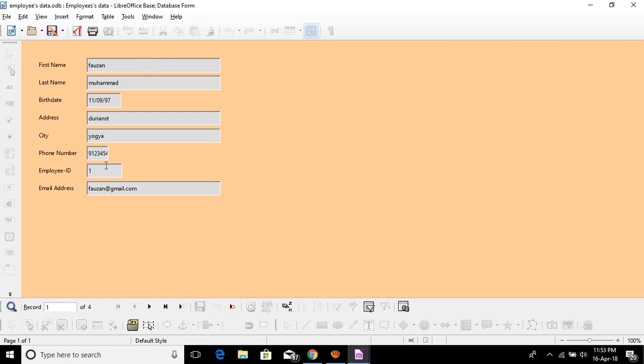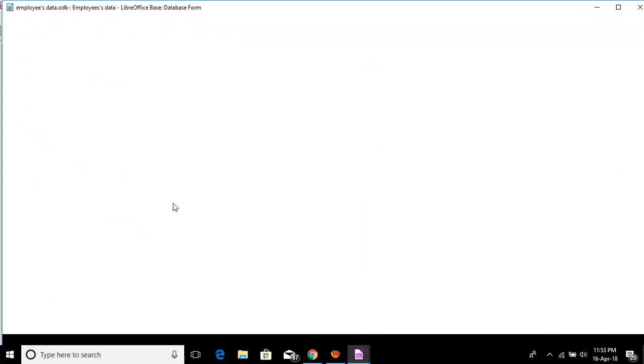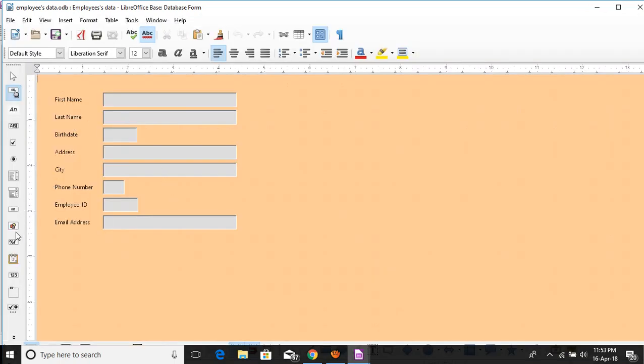Okay, maybe like I said before, we have a new employee that comes to our company, so we have to make this form. We need save, record, and next, or previous. Okay, we edit the form. How to edit? Click right and select edit. We wait, and then we create a push button. Okay, we create a push button here,